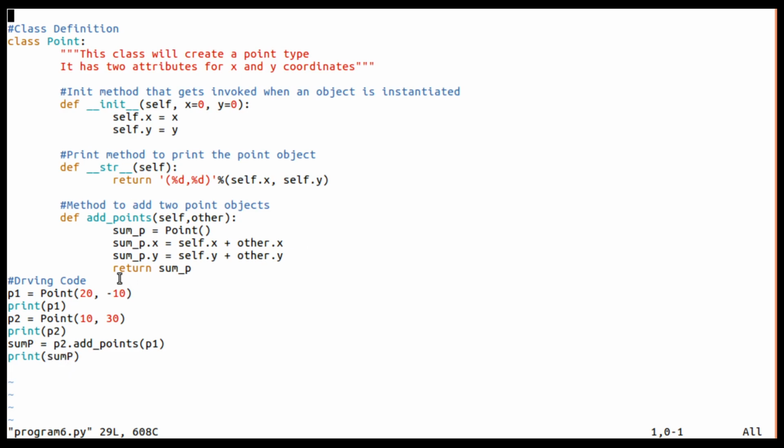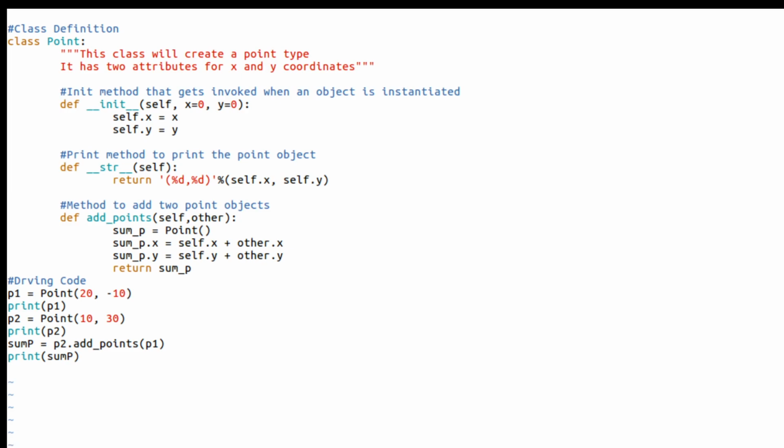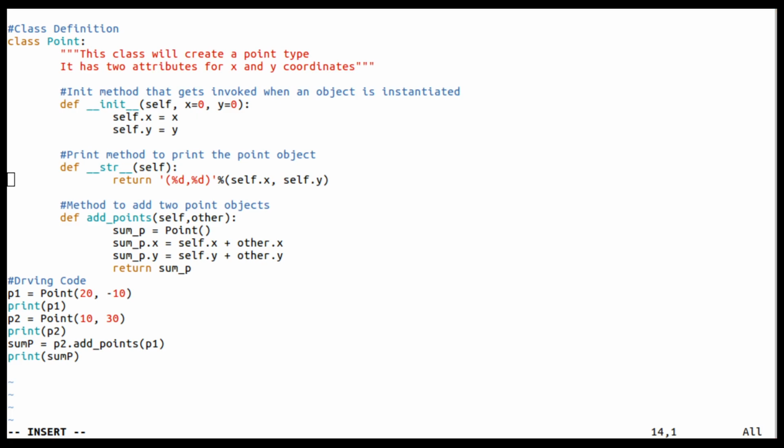This is one way, and another way is to use operator overloading to overload the method. Instead of writing an add points function, I am going to write a method called double underscore add double underscore.